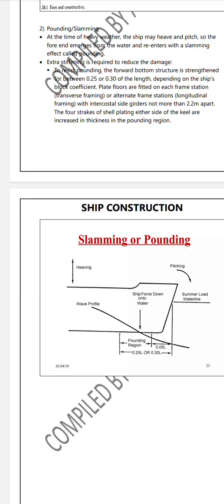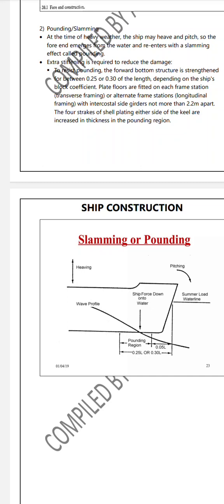And in that we have 0.15%. Here the 25 to 30% region is known as ponding, which is the area impacted by the ponding. Extra strengthening is required to reduce the damage, like the forward perpendicular, which is strengthened for between 25 to 30 percent of the ship's length, depending on the ship's block coefficient. Okay, now